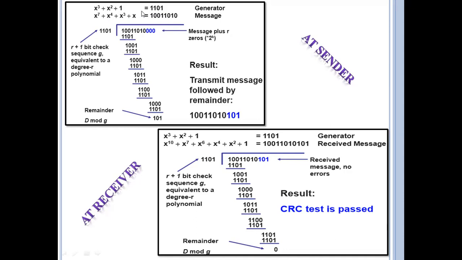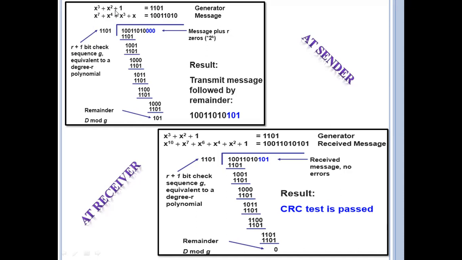For that purpose, this one is 1 plus x square plus x cube. X naught, x power 0 is equal to 1. I think you all know that x power 0, a power 0, p power 0, whatever, we write it as 1. So x power 0 is 1, plus no need to write x1 because here we place it as 0. This one is for x square and this one is for x cube.